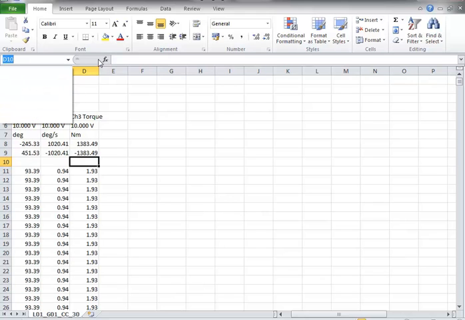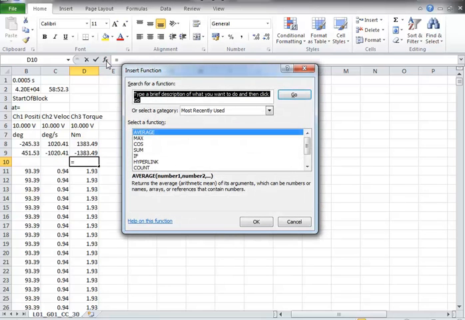Okay, so to find the maximum, we click on the cell where we want to insert the maximum value and then click on the function button at the top, the FX button. What that does is make a function appear, which effectively puts an equal sign in Excel. You may have done this on your own, by typing in equals MAX. This way you're actually going to be using the function button. By using it, we get given various options on functions we can use. The function we want to find is maximum. So if we just click on maximum,